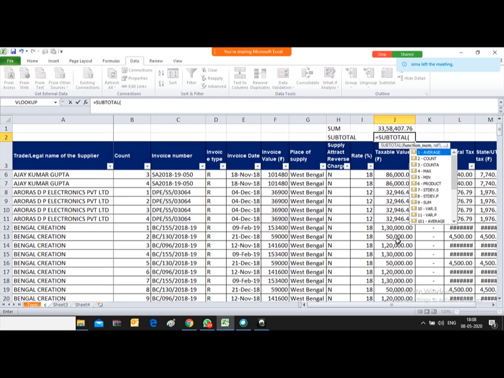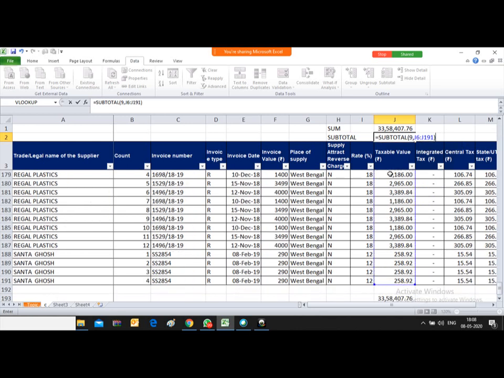After the start bracket, put 9. Why 9? Because 9 is for summation. Then put a comma. After the comma, you have to provide the range. So the range is my entire column, and close the bracket.